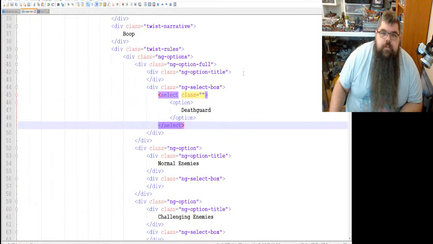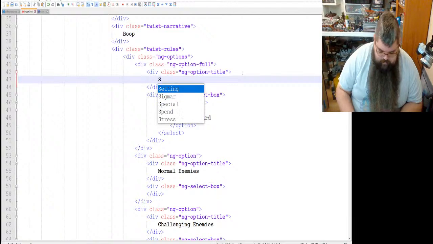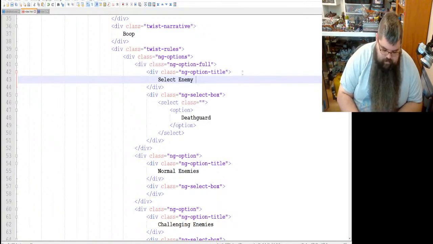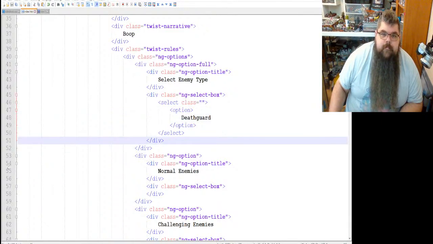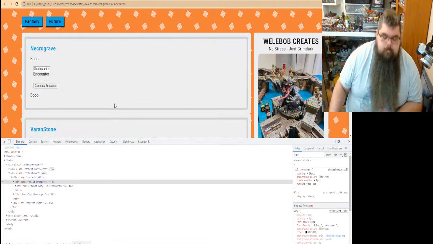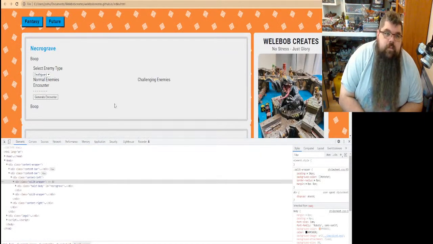Okay. So, and this is going to be select enemy type. Do I want to divide the enemies up like that, or do I actually want it to be truly random?